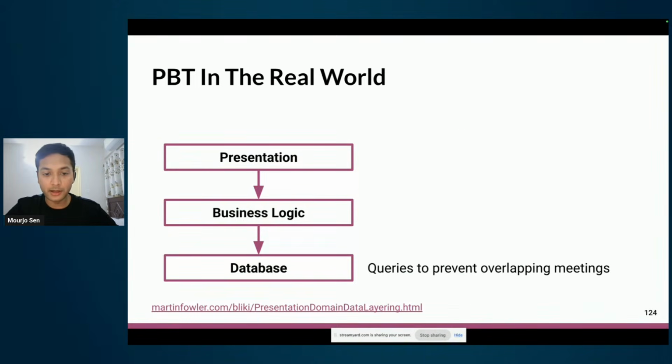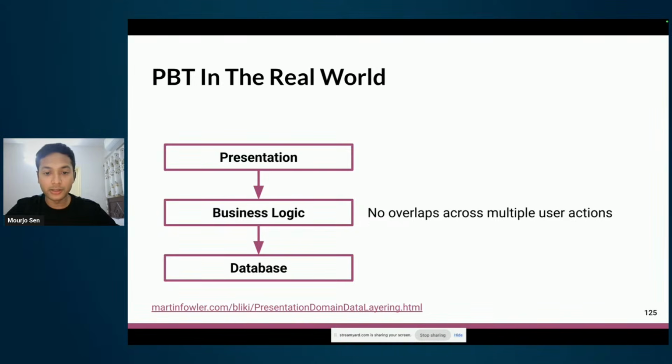In the database layer, we want to implement a SQL query, because in this application we have a Postgres database. So we want to make sure that the queries work for all kinds of data sets that could be in the database, all types of overlaps and whatnot. And in the business logic layer, we are going to simulate multiple users interacting with the system in multiple ways. We say that no matter how many users we have, no matter how many ways they interact, we can still never have overlapping meetings. That is what we are going to demo.